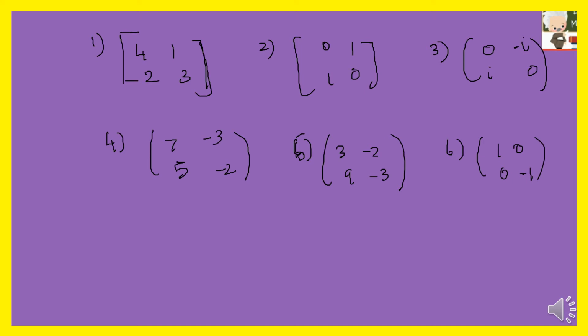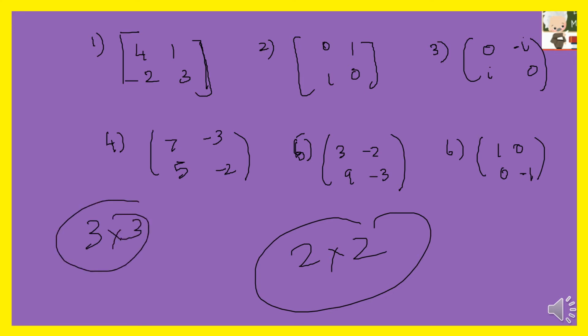Just do these sums so that you will be able to understand the trick and you will be getting used to it. So this is how you find the eigenvalues for a 2 cross 2 matrix. So what if I'm having a 3 cross 3 matrix? Don't worry, here I am going to help you again.